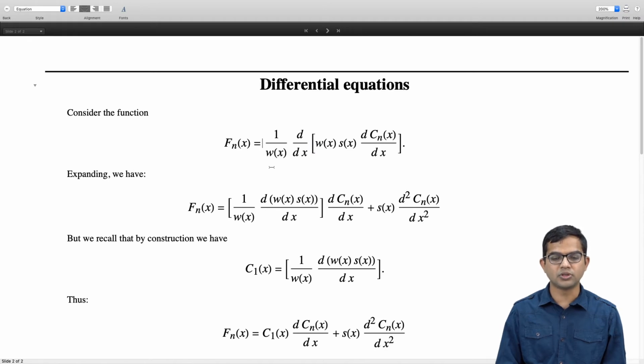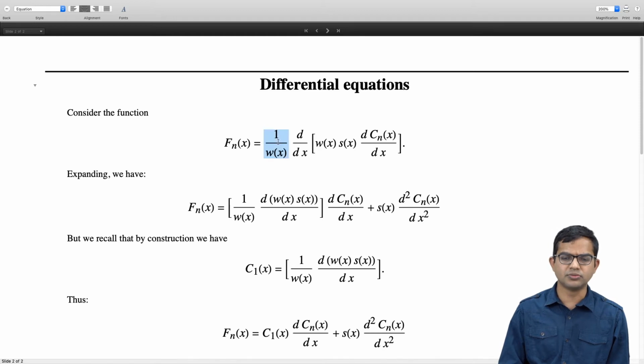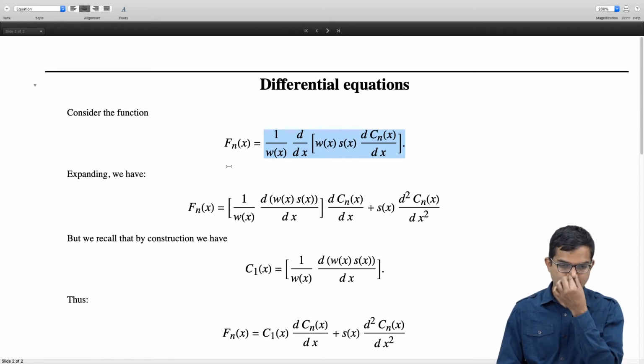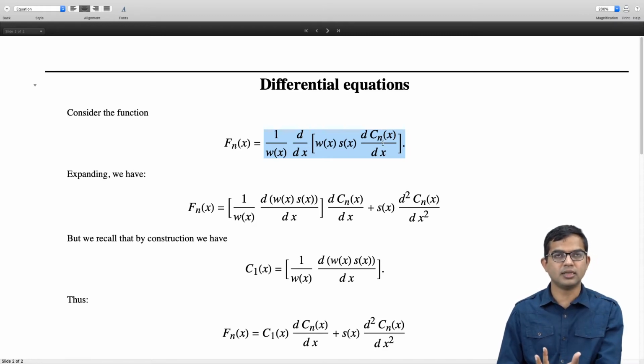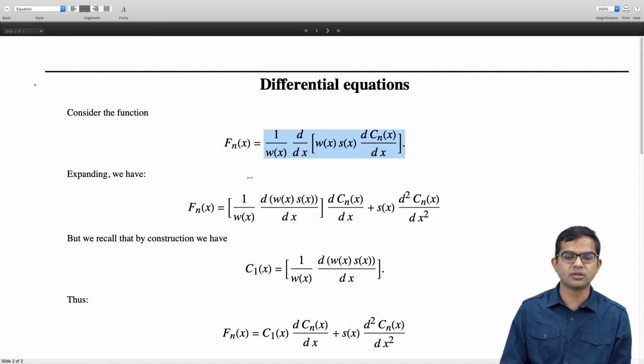It is a polynomial, which we will argue. But okay, let's not get ahead of the argument. So you have this object, it's a weird object, so let's just do some algebra on it. We can always assign an index n to it because there is this index c_n sitting on the right hand side. Now we will just work out what this is.